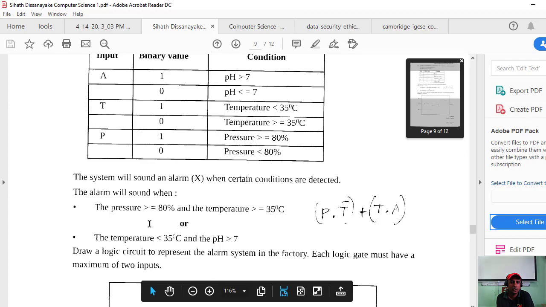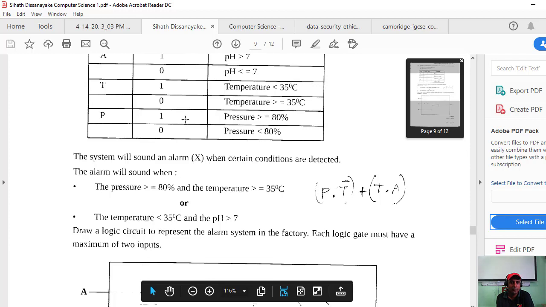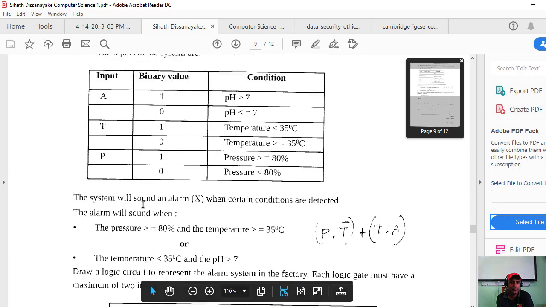A here, greater than 35. A and T means temperature and pH. Okay. A means pH. pH greater than 7 means 1.